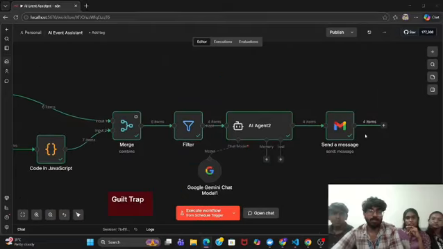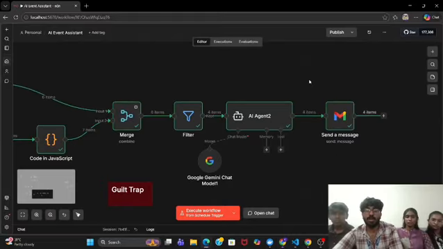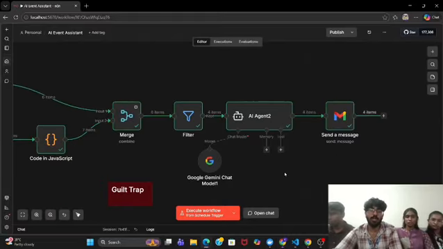Once the mail has been sent, we'll go directly and check. Okay, so this is the mail actually generated. "Krishna, 50 coders are already in the coding event," and this is the subject. "Did you hear the exciting news? The coding event is shaping up to be a huge success with 50 students. And given your keen interest in coding, this is an incredible opportunity to connect with fellow enthusiasts and learn new techniques." So these messages will create a kind of curiosity in the students, and they'll automatically go